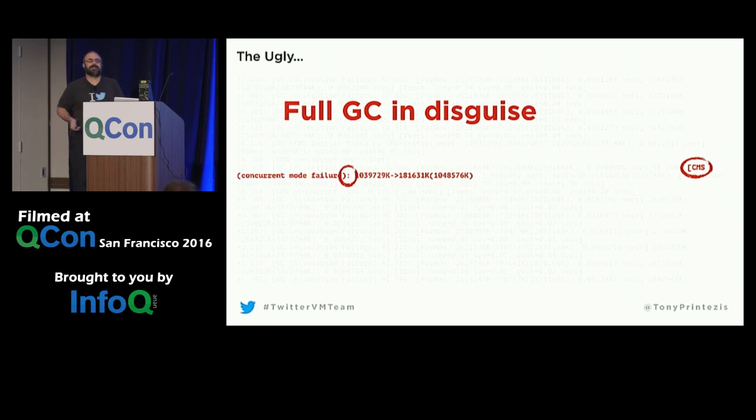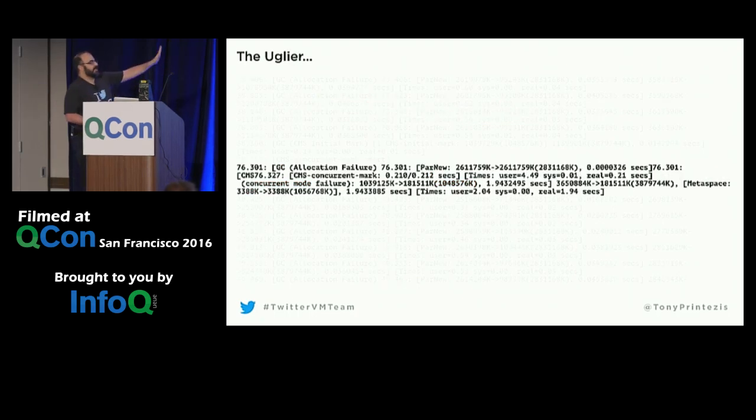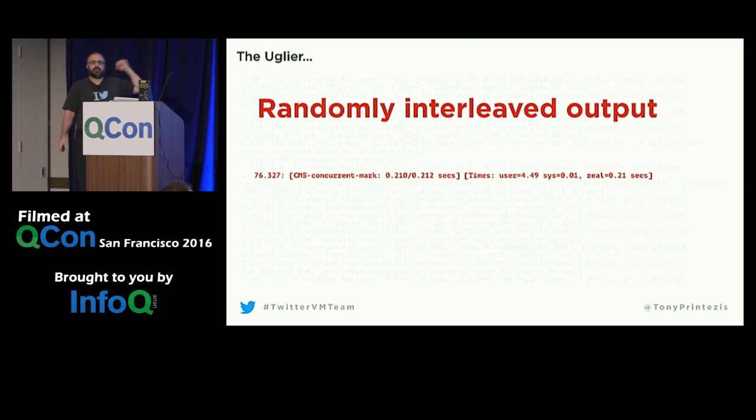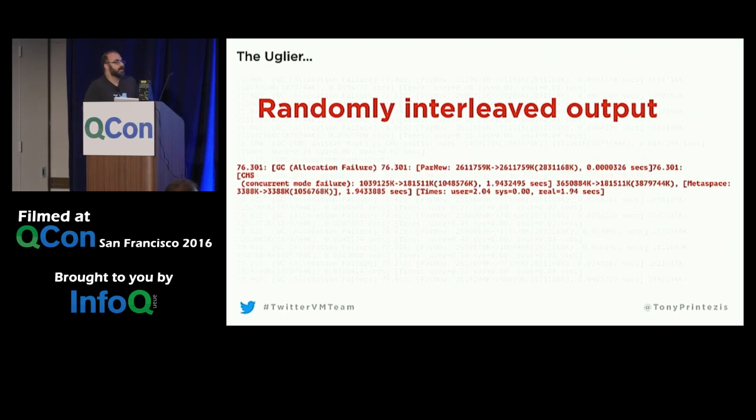It gets even worse, believe it or not. This is a similar GC to the one I showed you previously, but if it's not obvious now, the line is actually split because some other output from a different thread, in this case the concurrent marking thread, is generating some GC logging output and was emitted halfway through the output of the other GC. So now you have randomly interleaved output from two different threads. And this is a mild case that you may be able to parse, but some cases are so messed up that it's just impossible to make heads or tails of it.